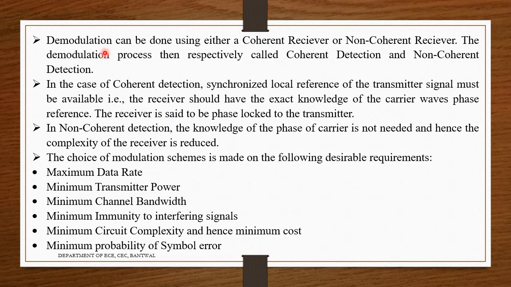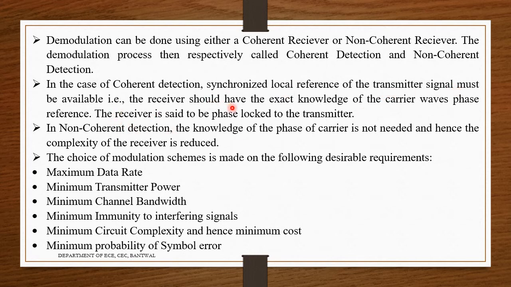So now this is what we have done with the modulation. Now demodulation can be done with respect to two types: one is coherent, another is non-coherent. Coherent is nothing but we need to have one reference. This process we call demodulation, and it is respectively called coherent detection and non-coherent detection. In the case of coherent detection, a synchronized local reference of the transmitter signal must be